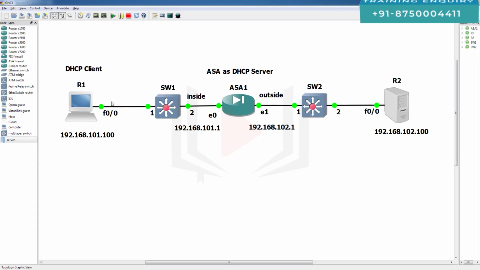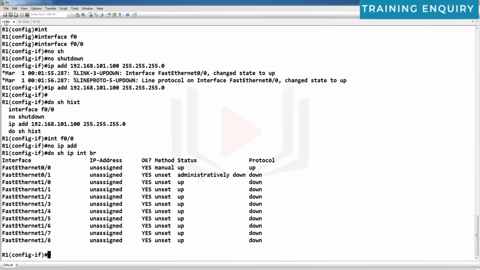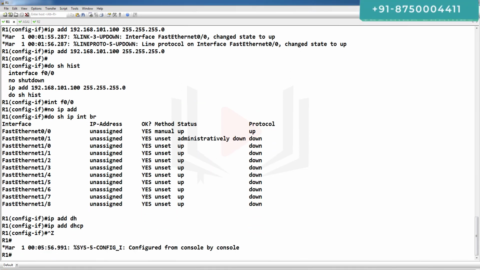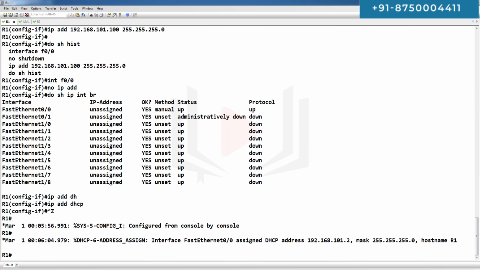Then we have to go to R1, the client, ip address dhcp, and wait for some time. Yes, now you can see 101.2.